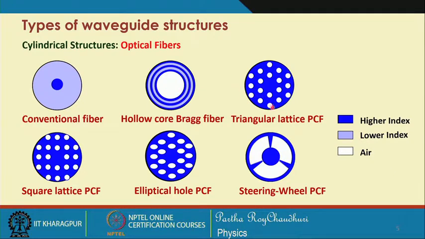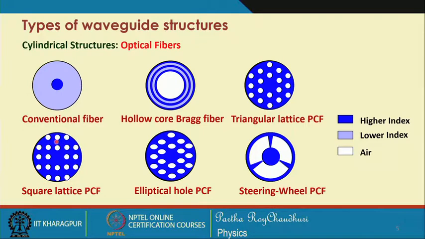There is a new class of optical waveguides which are of very late research importance. This photonic crystal fiber, this one is again the basic photonic crystal structure, which is called the triangular lattice photonic crystal. The white part represents the air, that is lower refractive index. Then you have